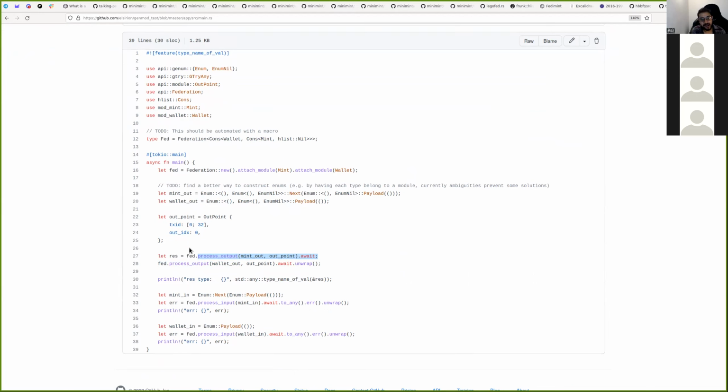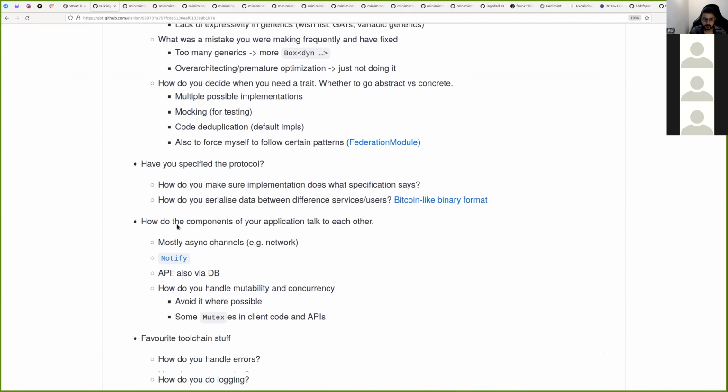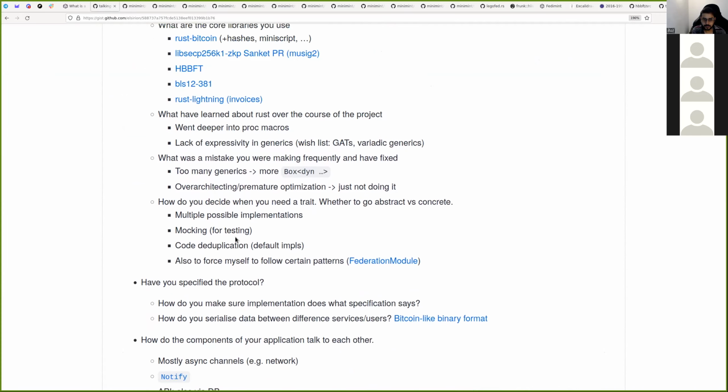Yeah, but traits are super useful. We mostly use them for testing, I think. You gave me these talking points a long time ago, and you were asking about the traits. For us, really, it's mostly about this topic: